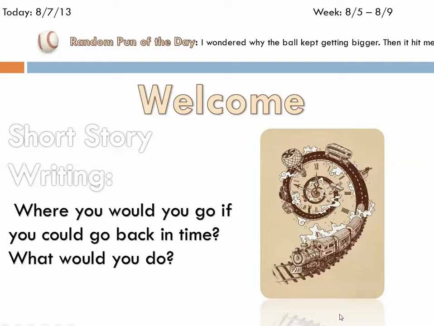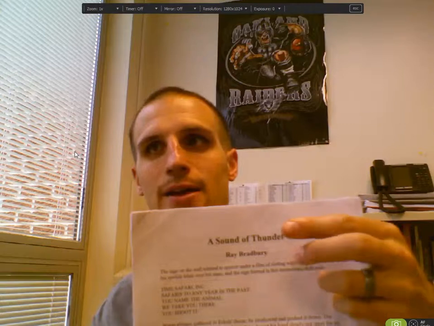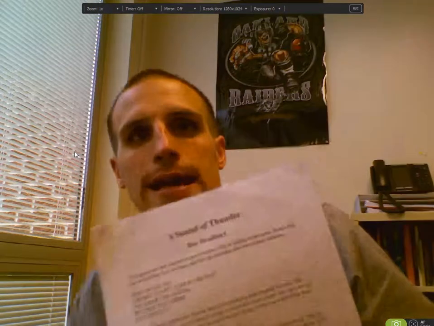We started today, as we always do, with our bell ringer. You can see the bell ringer has to do with time travel. That's because we're reading a short story about some guys that go back in time to hunt T-Rexes, which is awesome in itself. The story is called A Sound of Thunder by Bradbury, and it's one of my favorite sci-fi short stories